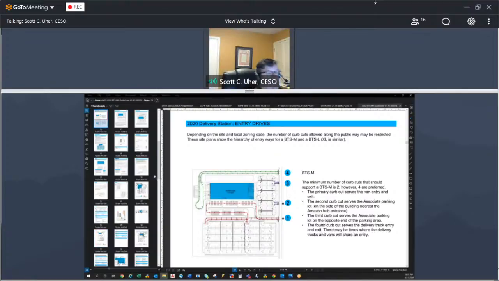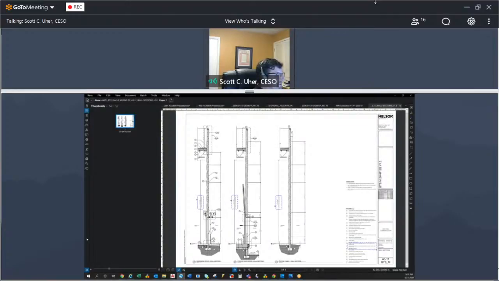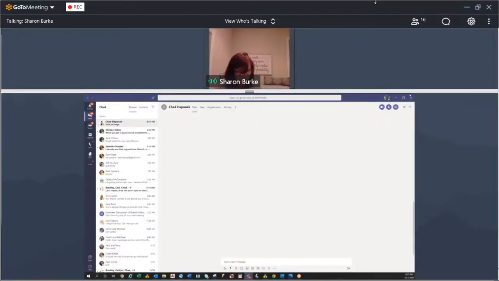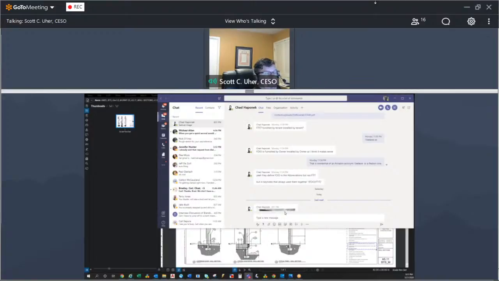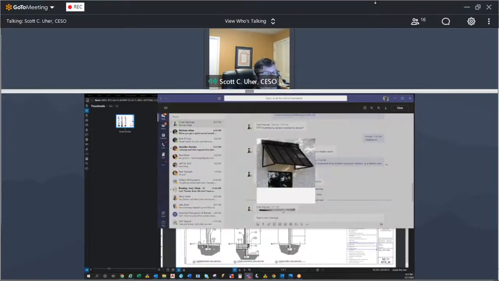Huh. I would have thought that was on that sheet, but it's not. There it is. Thank you, Chad. This is probably a decent representation of what that would look like, but more linear and just gray.